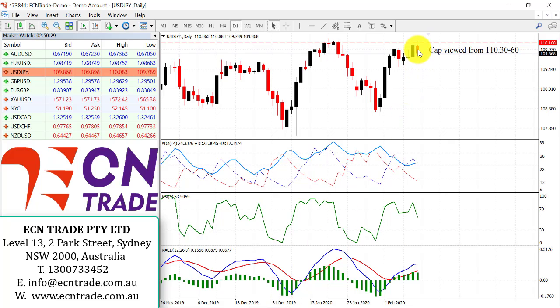The dollar yen took a brief look at 110 but backed away sharply this morning, and from that I'm still keeping my view that we're looking towards the area of 109.50 and down to the region of 108.55.70. As you can see, the supply zone around 110.30.60 should continue to cap and therefore give us opportunity to add or get a short position from there, as supply should increase and see the move down, especially when you look at the technical implications. The RSI is looking back towards the midway point, which is seen around here, just as I've highlighted it.